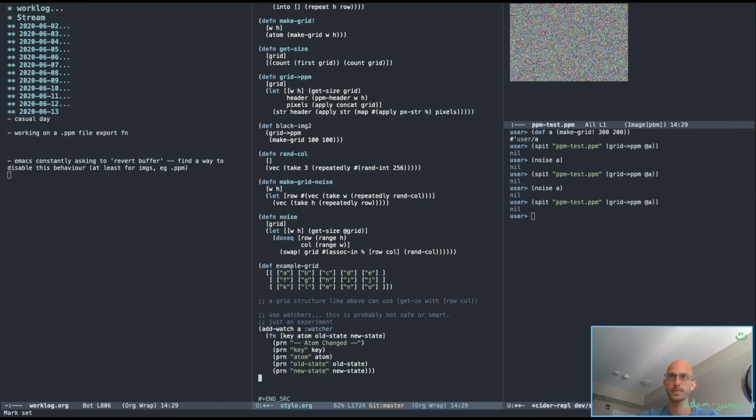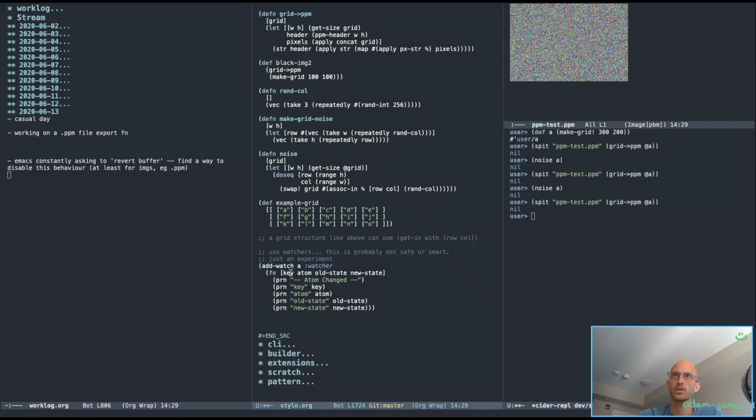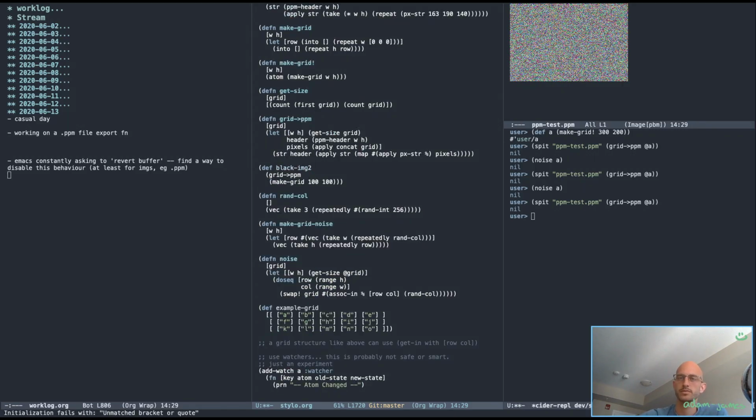Okay, so if we add watch to something, watcher, we give it the function key, atom, old state, new state. I don't want to actually run anything. I accept atom changed, and then